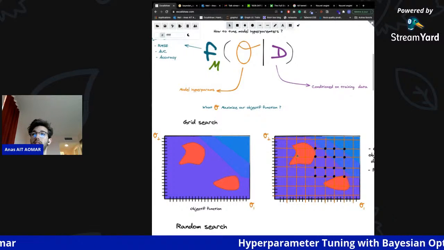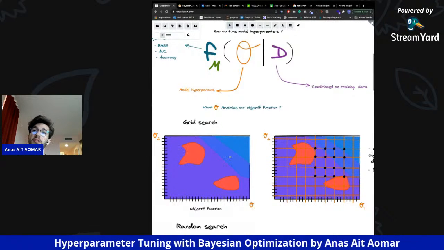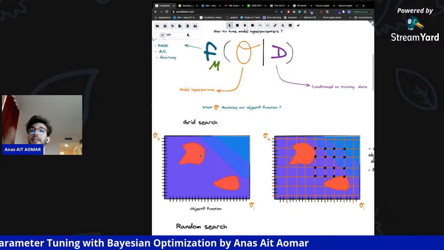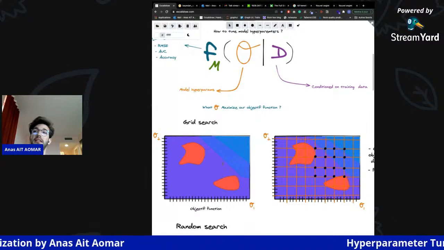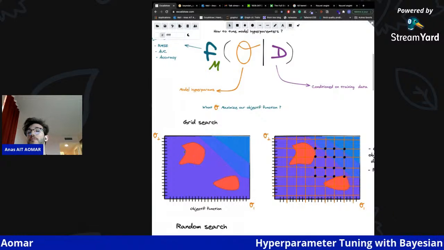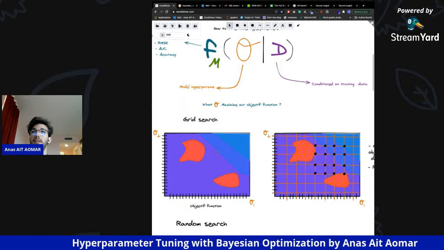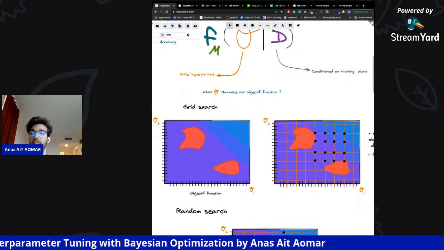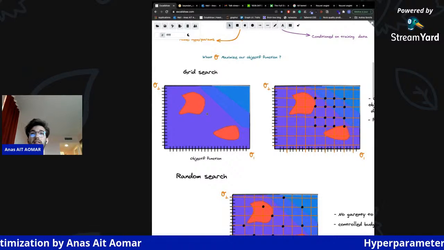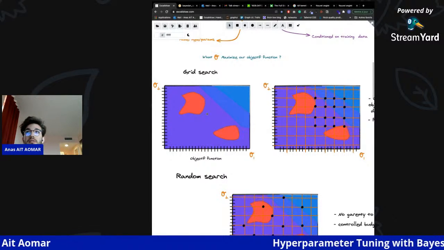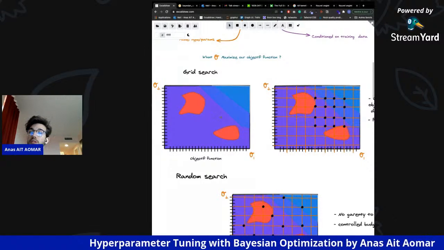So grid search consists of dividing your space with a grid, and visiting each point in your space until you find the point that gives you the optimal objective function, or it could be the minimum RMSE or the highest accuracy if you have a classifier. The problem with this technique: we know that it works well in low dimensional space,